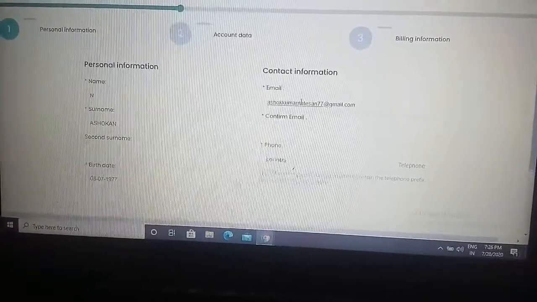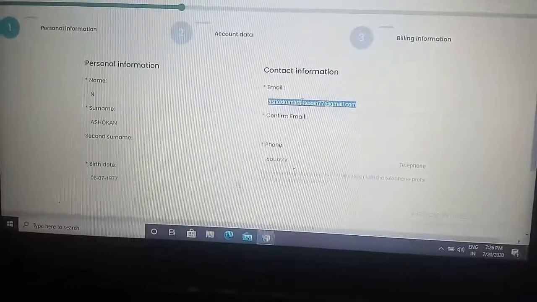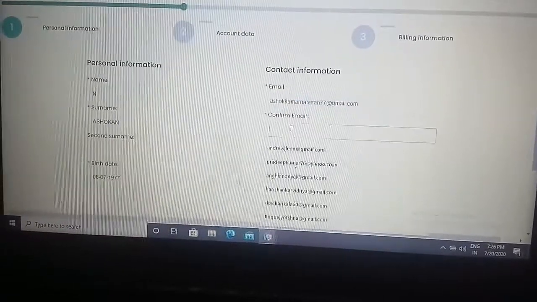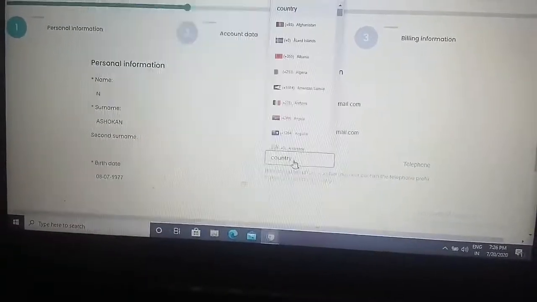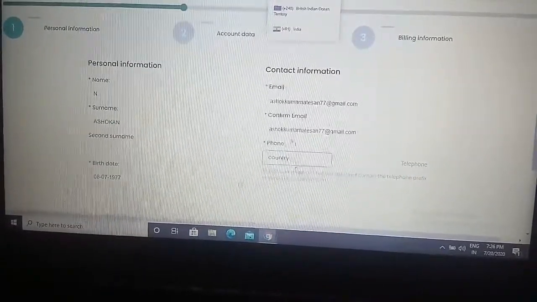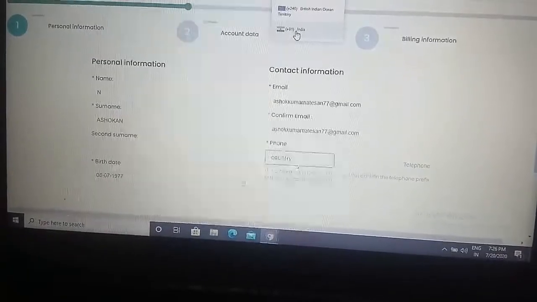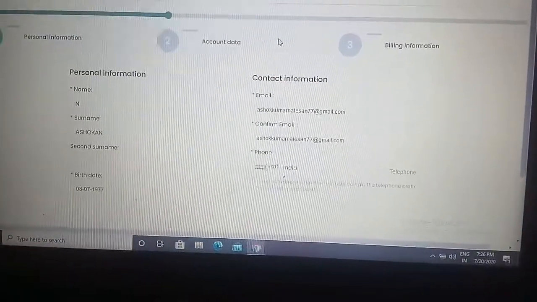Now copy it again from here and paste it into confirm email, then save it. Now you choose country, India. If you choose this, then the India flag will come here. Just select the India flag.